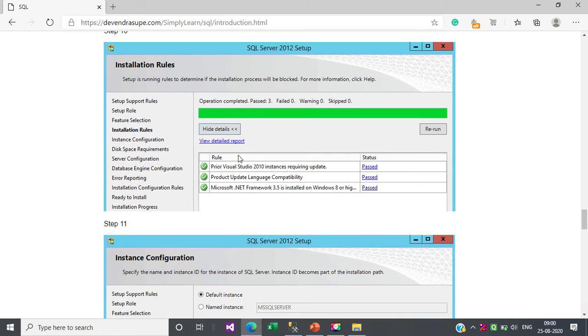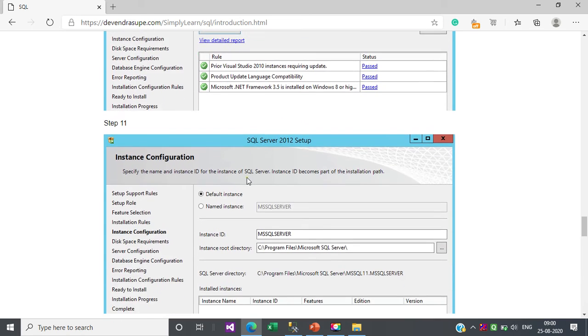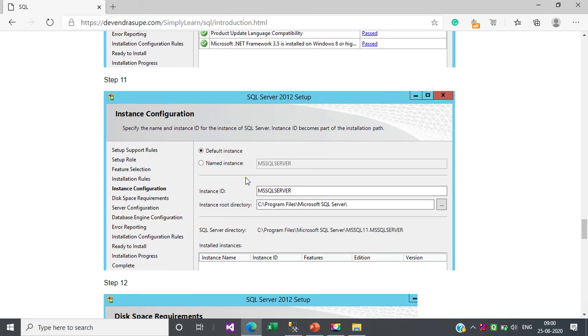Later on, you need to follow all the steps, and the main installer screen is the instance configuration. When you come to this screen, you will find two options there: default instance and named instance. Default instance is nothing but the MS SQL Server, this name you can see here.